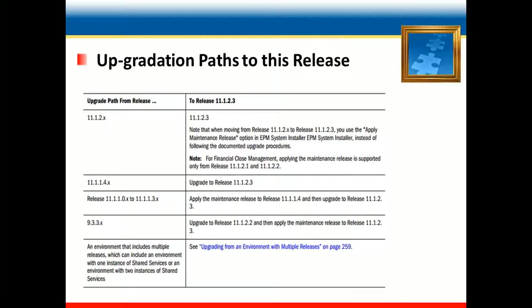So EPM 11.1.2 versions support the upgradation to release 11.1.2.3, and we have to note that when moving from release EPM 11.1.2 to release 11.1.2.3, you need to apply the maintenance release option in EPM System Installer, and EPM System Installer will apply the maintenance release when we move from EPM 11.1.2 version to 11.1.2.3.